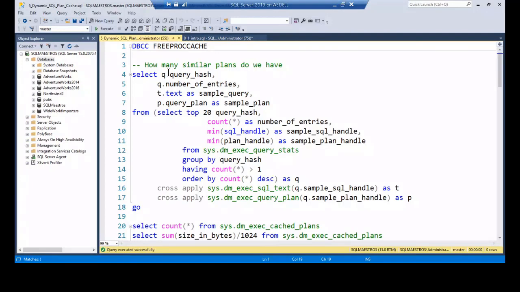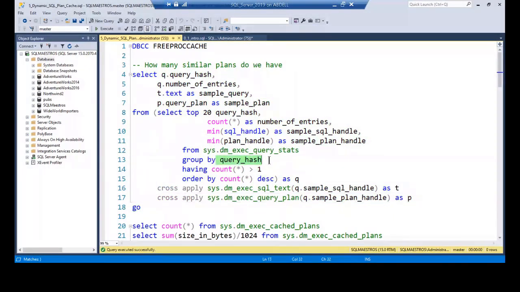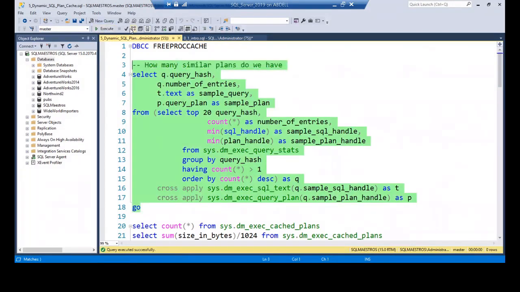Thanks. And we have this query which uses a bunch of DMVs, query exec stats. I told you about the query hash, right? The query signature. I'm trying to see if there are similar query signatures right now where the occurrences are more than one, which means are there duplicates? That's what I'm trying to do. If I execute this right now,